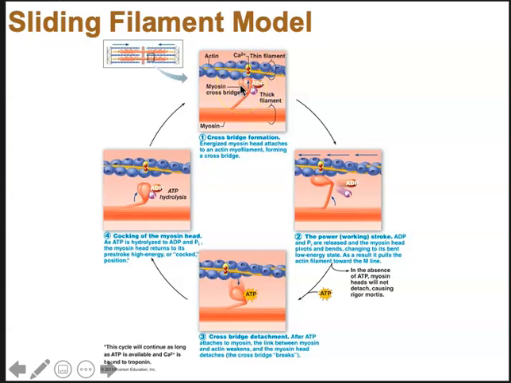So we're trying to understand, how does a muscle contract, right? We know we need muscle, we know we need calcium, and we know we need ATP. So right now, we need ATP to get the head to swivel. It's cocked into place, and it now has to pivot and swivel. For that, we need ATP to bind to myosin, and myosin will then hydrolyze it into ADP plus inorganic phosphate. And that really strengthens the cross-bridge formation, meaning the connection between the myosin head and the